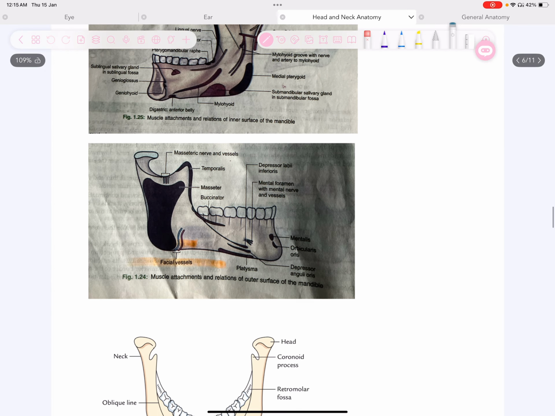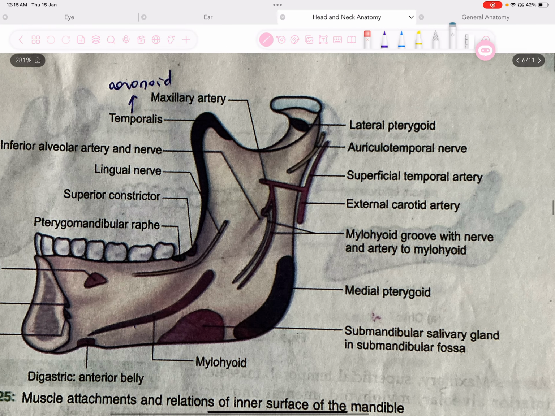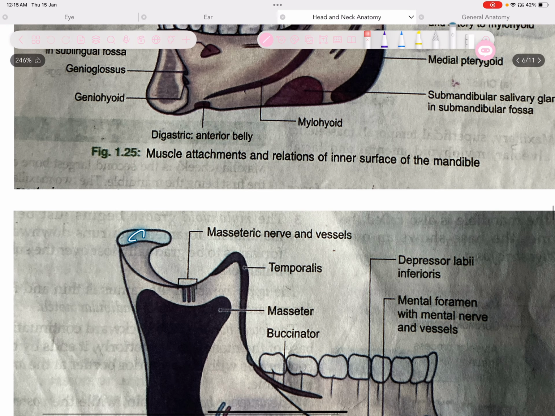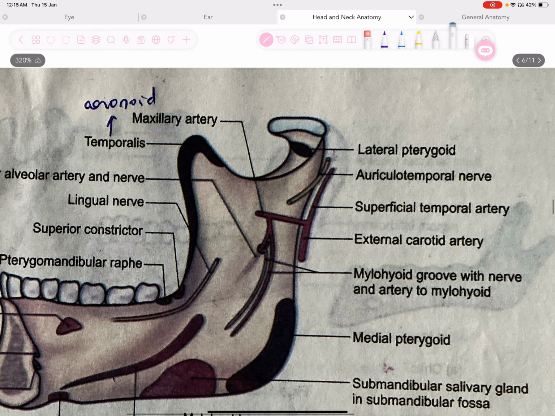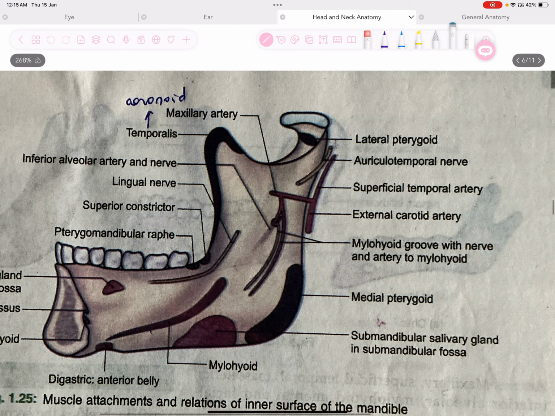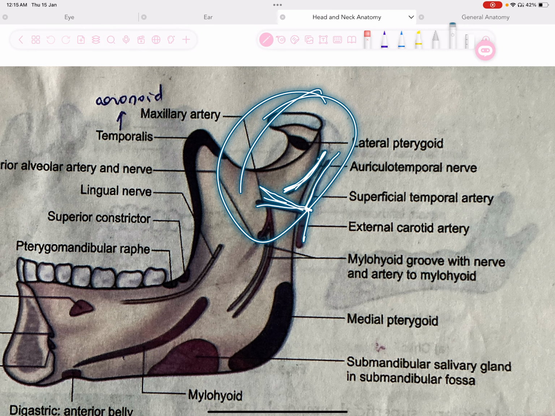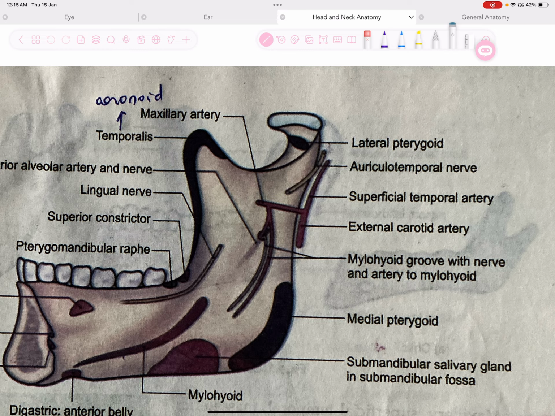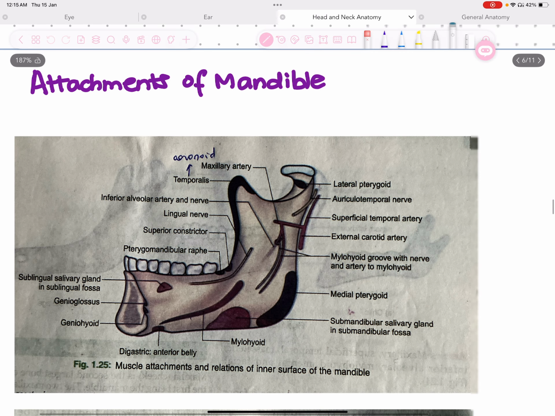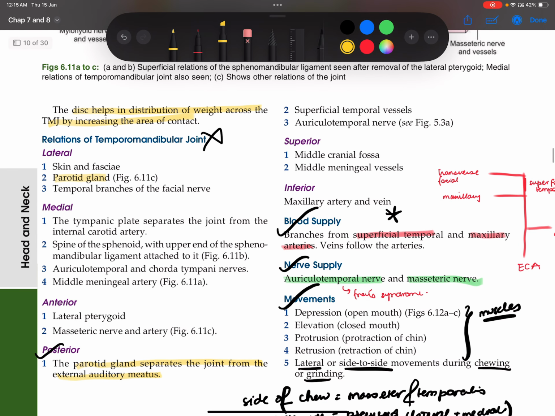Now, recall from the medial aspect, if this is the TMJ, medially this is the external carotid artery, then you will have the maxillary artery and superficial temporal artery. So the maxillary artery is going, and there is also the auriculotemporal nerve, basically coming into the TMJ, right? So that's the relations. And you already know the blood supply, which is the superficial temporal and maxillary artery,